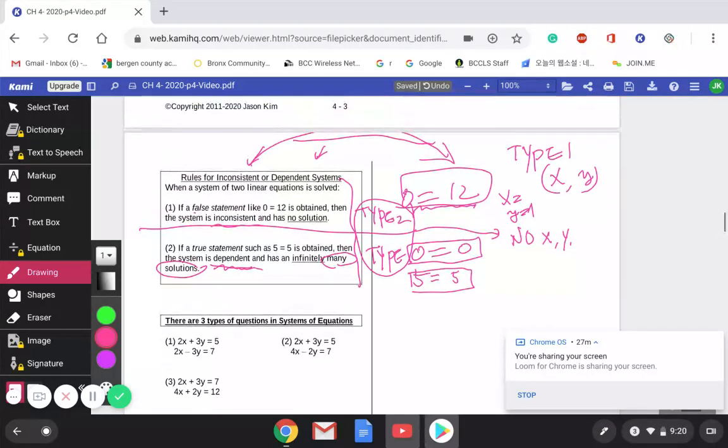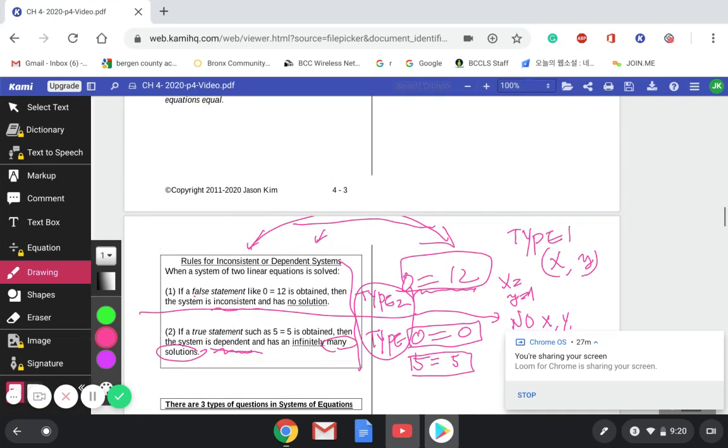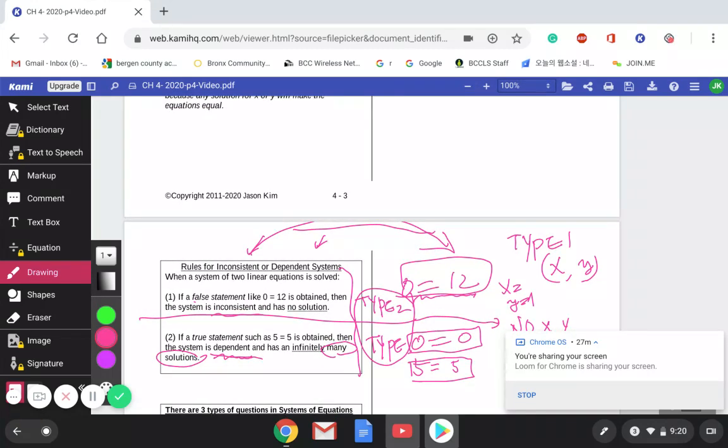And you can always pause this video whenever you want, and you can always go back and listen many times on the area that you are weak on, or any area that you didn't understand. Okay, so this is the end of this particular video. Please do some problems in the workbook, and then